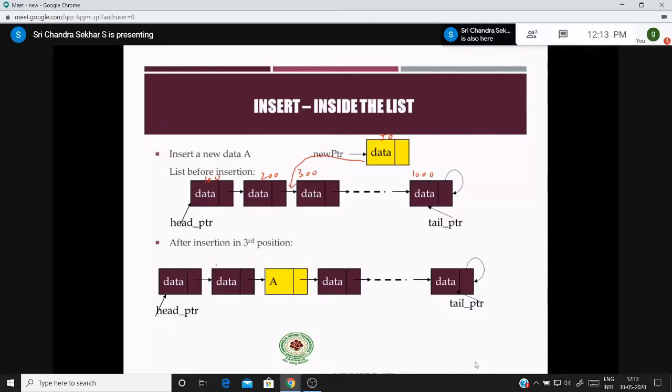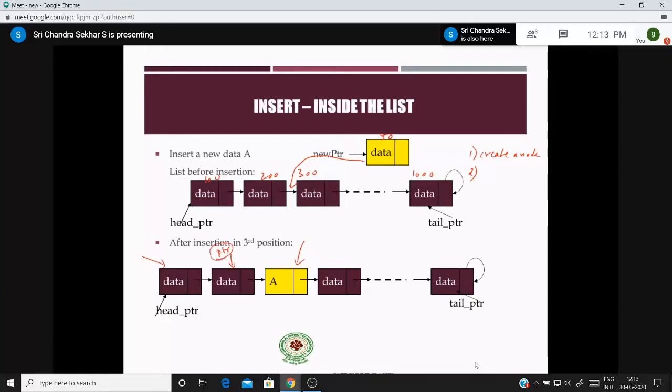What I have to do? You create a node. First step is the same, create a node, and second step, what you have to do? You have to start traversing from the first node to the second node, right? If you want to insert an element or a new node as the third element, you must have a pointer to the previous node. This is very important.